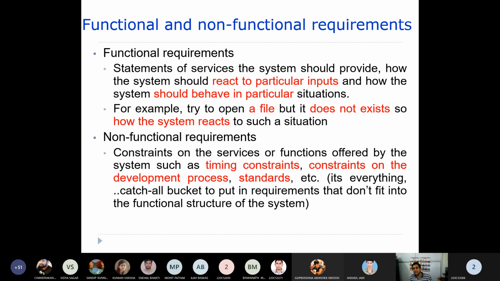Maybe it will say the file doesn't exist, the file name that you have given is not there on the disk. So some such information it may give. That means how the software is going to behave when you give some sort of input. So these sort of requirements are categorized under functional requirements.